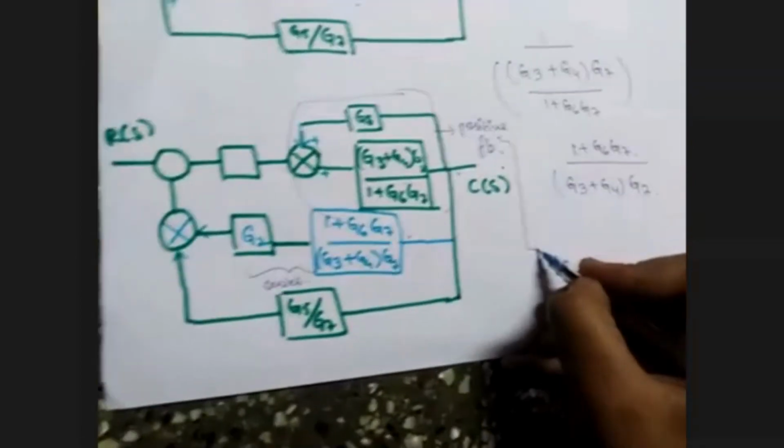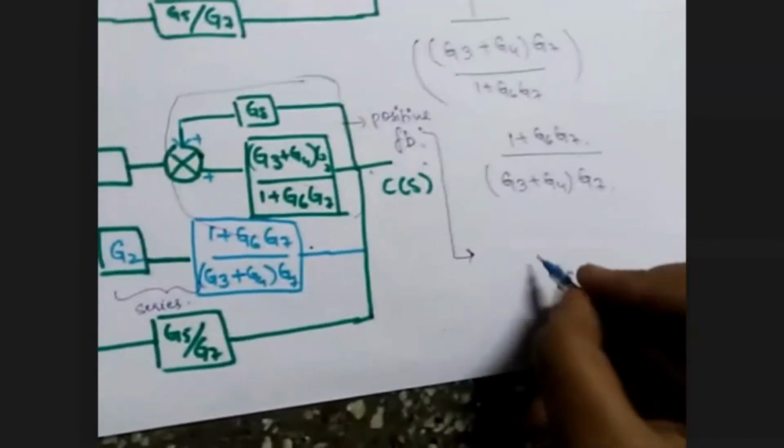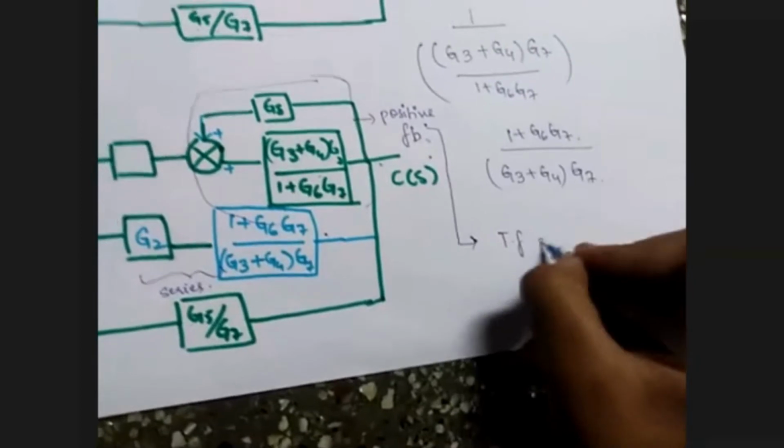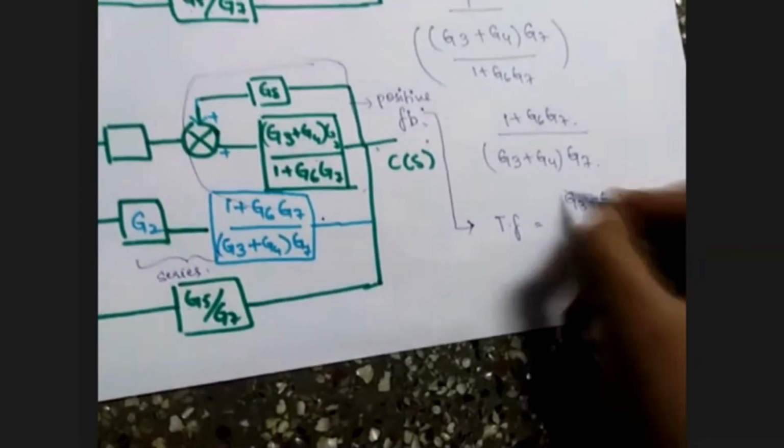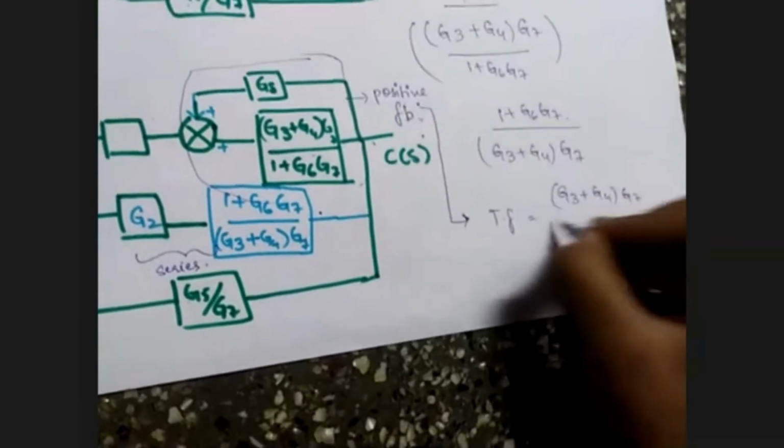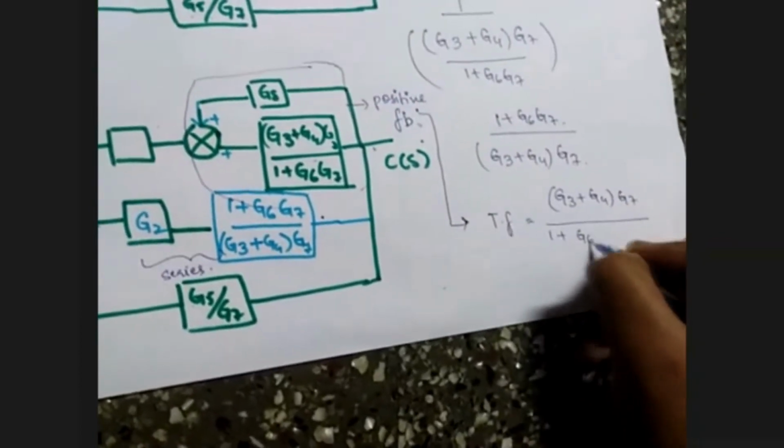So the same thing applies again. What is the transfer function of the positive feedback? The question arises here: what is the transfer function? Transfer function is gain, that is (G3 plus G4) into G7 by 1 plus G6 G7